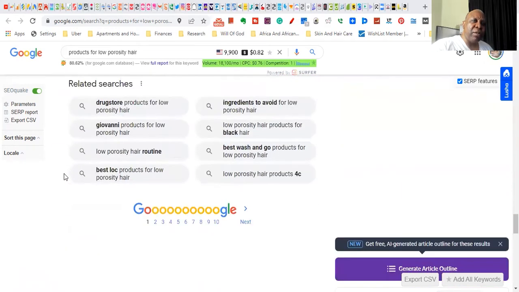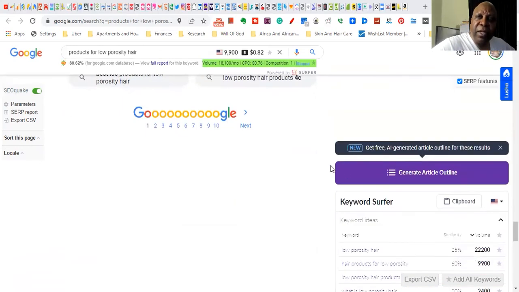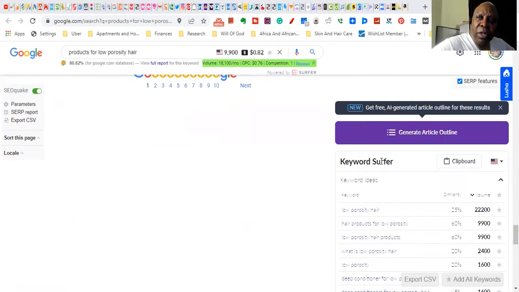Now, that would be it for that search result for that page. Is that enough for us to decide whether or not to use this keyword phrase? No, there are some other things you have to take a look at. And this one is another keyword